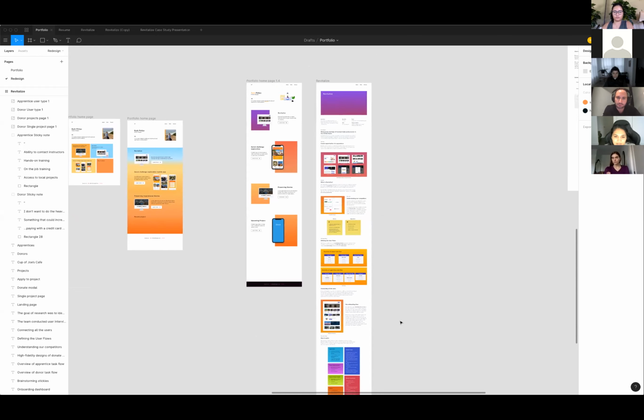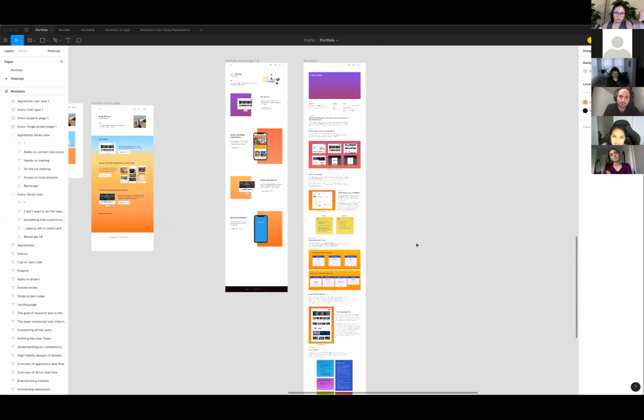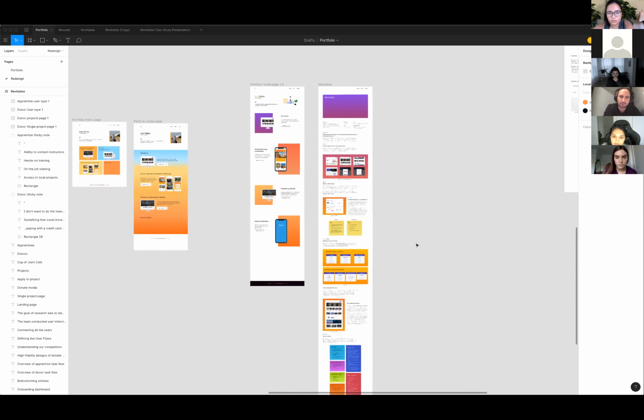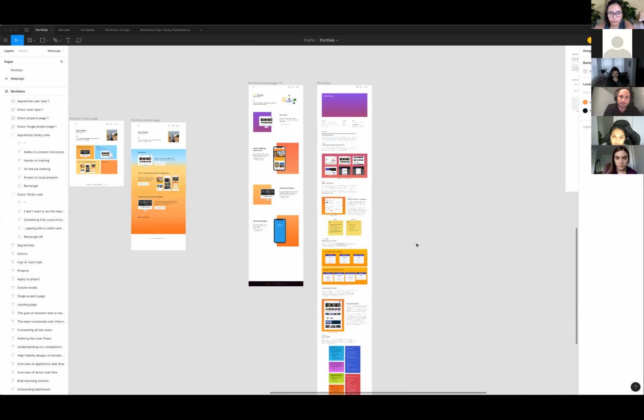So for feedback, I guess just to backtrack, the theme is sort of like sunset. Each of the different case studies will have a different color theme of the sunset. So the revitalized one is more of a purple to a golden, orange, yellow sort of sunset. So that's the flow. And then just to see if it's too much color or